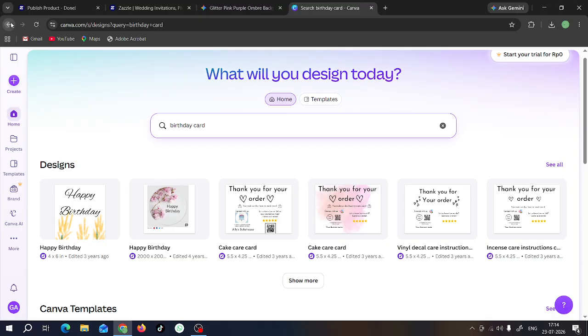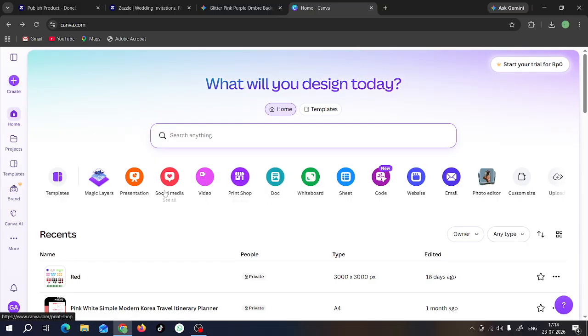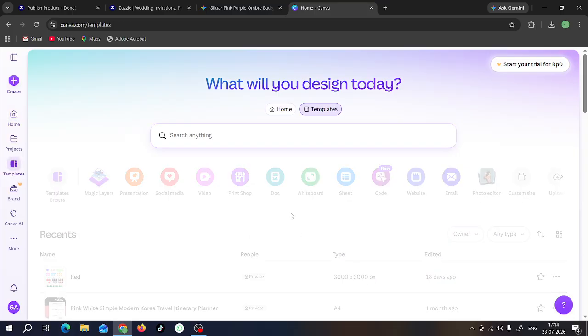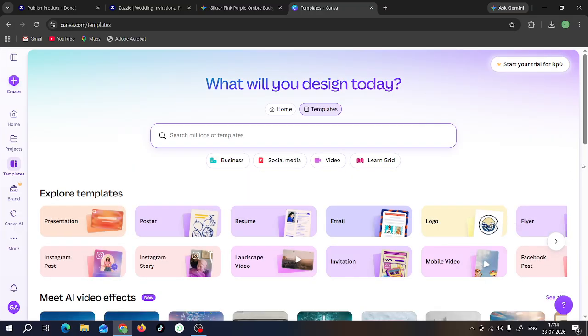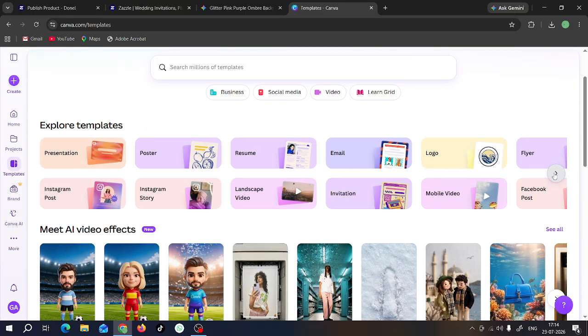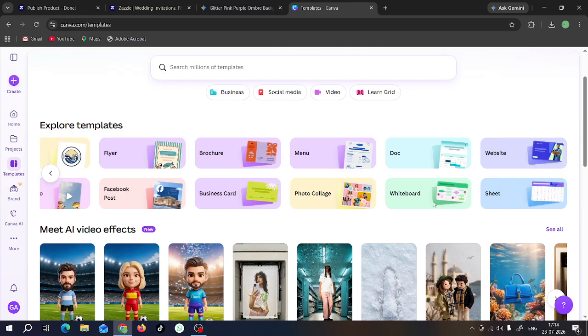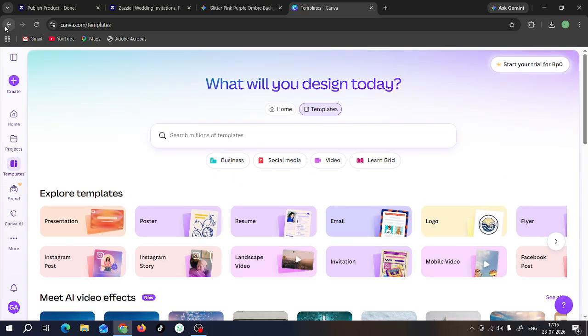So these are my previous designs that I created, but I do want to create something else. So I'm going to go back and preferably go with the templates here. Now you can go without the templates as well. You can have your own stuff going around. You can select from the templates what kind of thing you want to create. Now I'm gonna select the cards from here. Let's see, where is the card? Okay, I don't see the cards here. I only see the business cards if you want to create the business e-cards. Anyways, so let's go back again